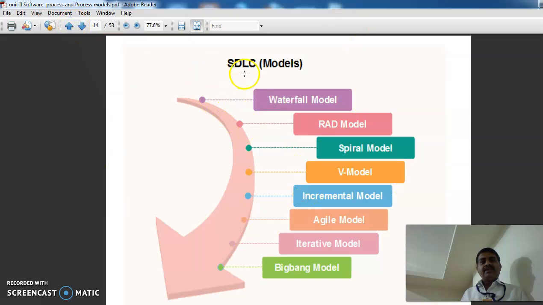So this is nothing but the SDLC model. It has different models under it: waterfall model, RAD model, spiral model, V model, incremental model, agile model, iterative model and Big Bang model. But today we focus on the waterfall model.